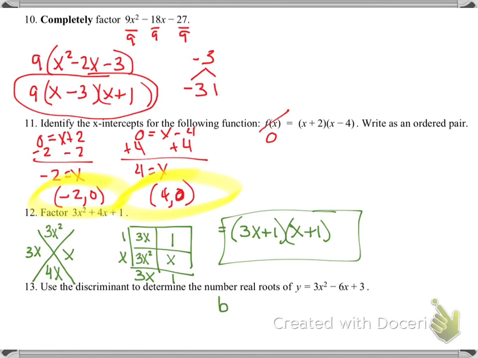Yay! All right, on number 13, we're asked to find the discriminant to figure out the number of real roots. The discriminant is b squared minus 4ac. And I'm looking for my b term. My a is 3, my b is negative 6, my c is 3. So if I go in and I write b squared minus 4ac,